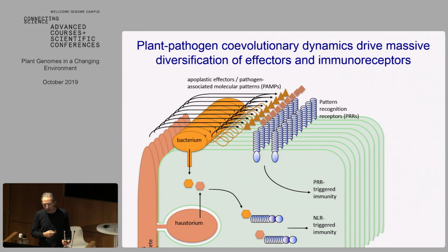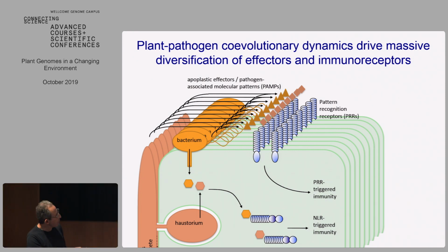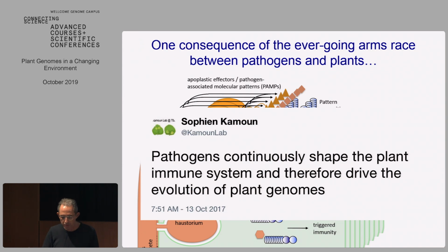And so there's very active coevolutionary dynamics here that is really resulting in a lot of diversification of both of these players in these interactions. So really, the way to think about it would be a lot of diverse interactions going on within one single system. And of course, there are lots of systems in these plant pathogen interactions. But one of the consequences of these